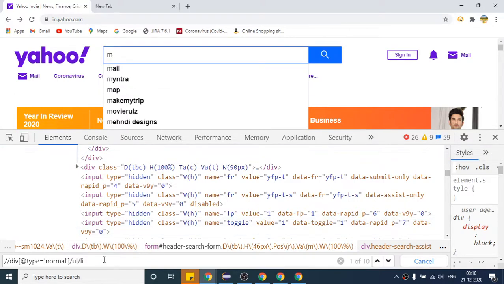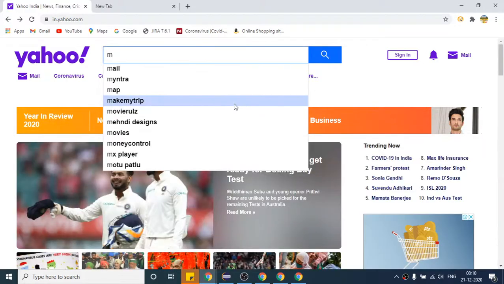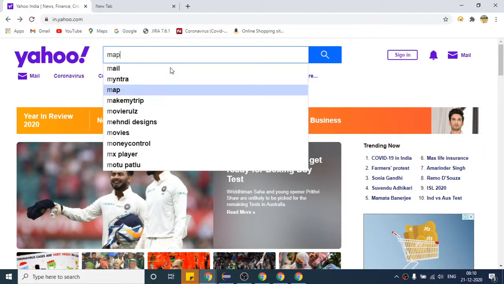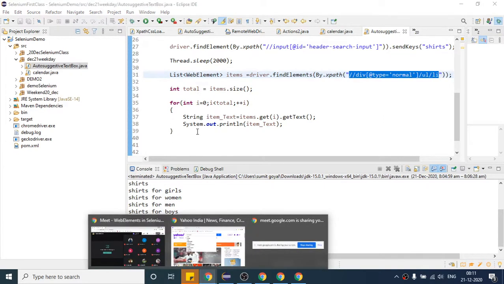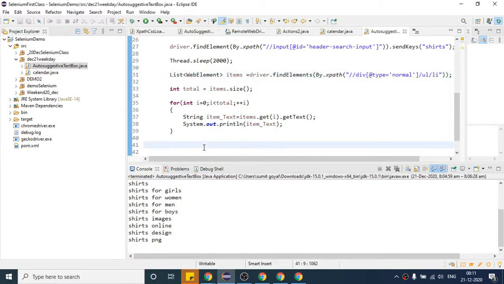Even if they add one more li tag, we have written the XPath in such a way that it will identify that li tag again. So that time also it will print. Here again I think this website is designed only for 10. We will see the Amazon website after that, where the number will differ. So as of now let us go with this only. Our code will not fail, but as per the website, the number will differ. This is the main thing. When I talk about the Amazon website, the number will change, so I will show you better.